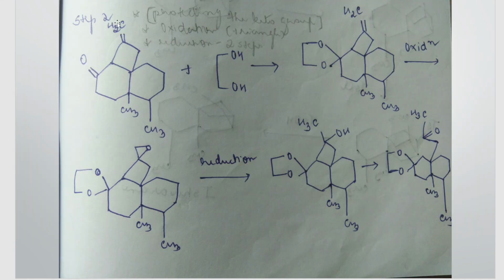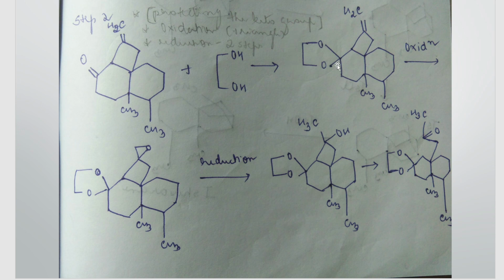In step number two, the first part is you're using a protecting group in order to protect this keto group here, because you want to carry out the reaction over here. To make sure that this keto group is not affected by that reaction, you're using a protecting group that we had already seen in the previous step. In order to protect a keto group, what do we usually use? We use an ethylene glycol group. So this is ethylene glycol that we're taking in order to protect this keto group. So you can see that it is being protected here.